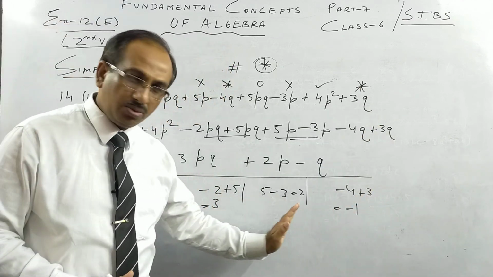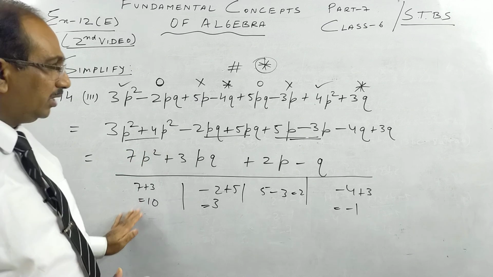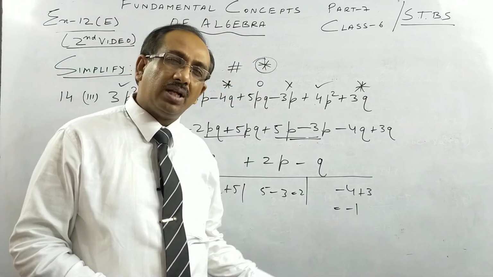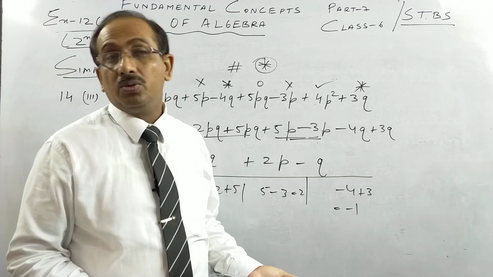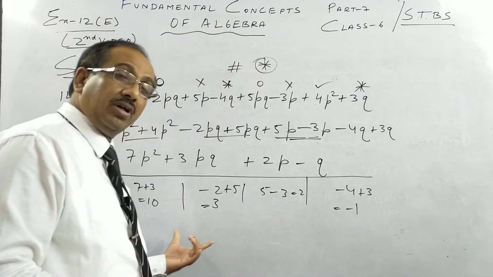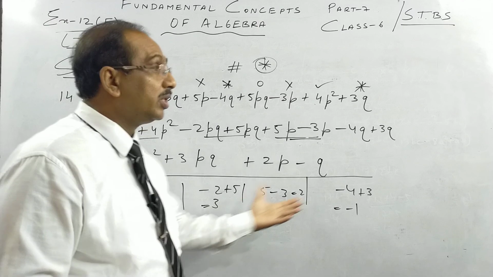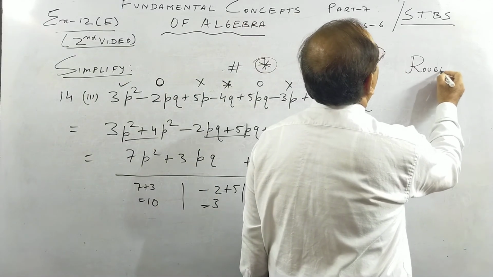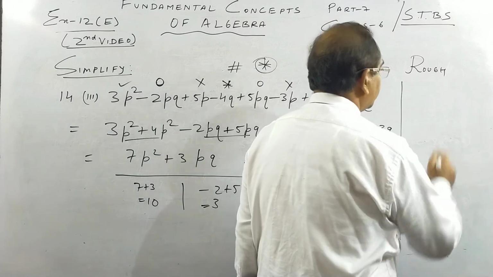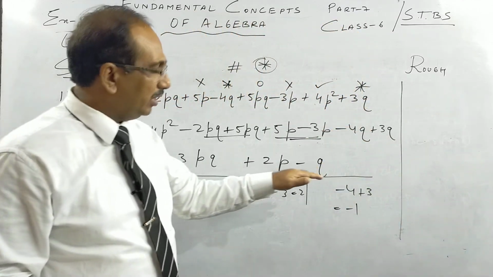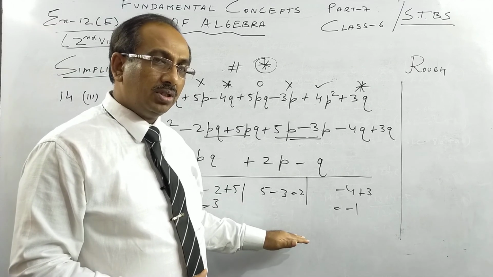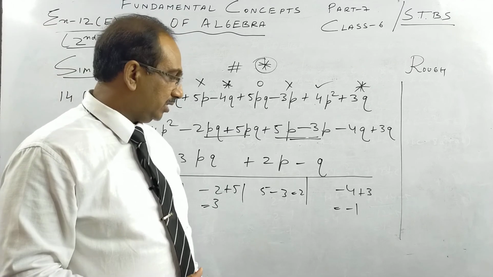You don't do it here, please don't do it here, I have just explained. If you want, do it on the right side. Generally you can do it at the bottom. Many times children ask, sir, where to do the rough work? This is very important, rough work, children. If it is very important, you write on the right side. Make a column here, ROUGH, and do it here. And if it is less important and very big, then you can do it down, but generally try to do it on the same page.